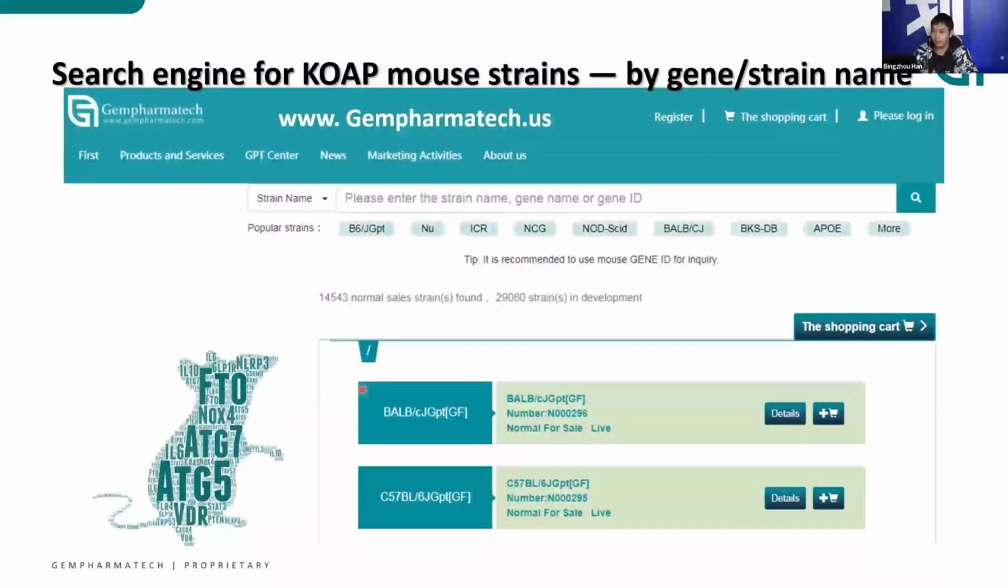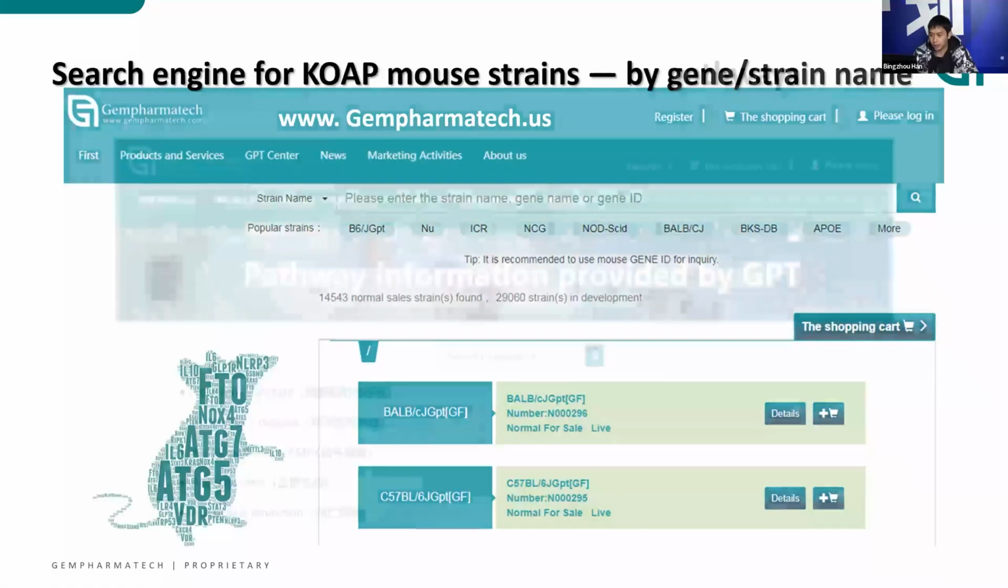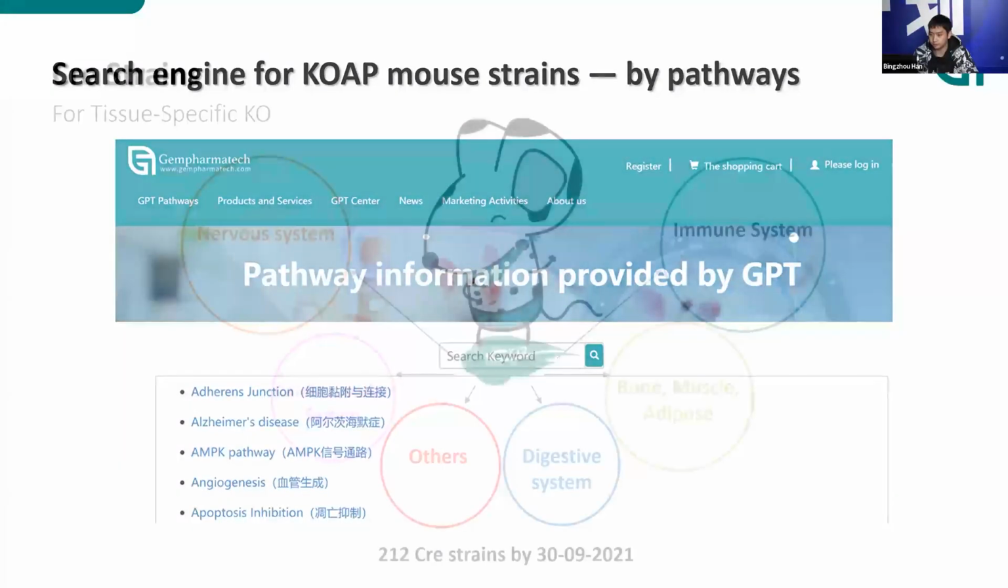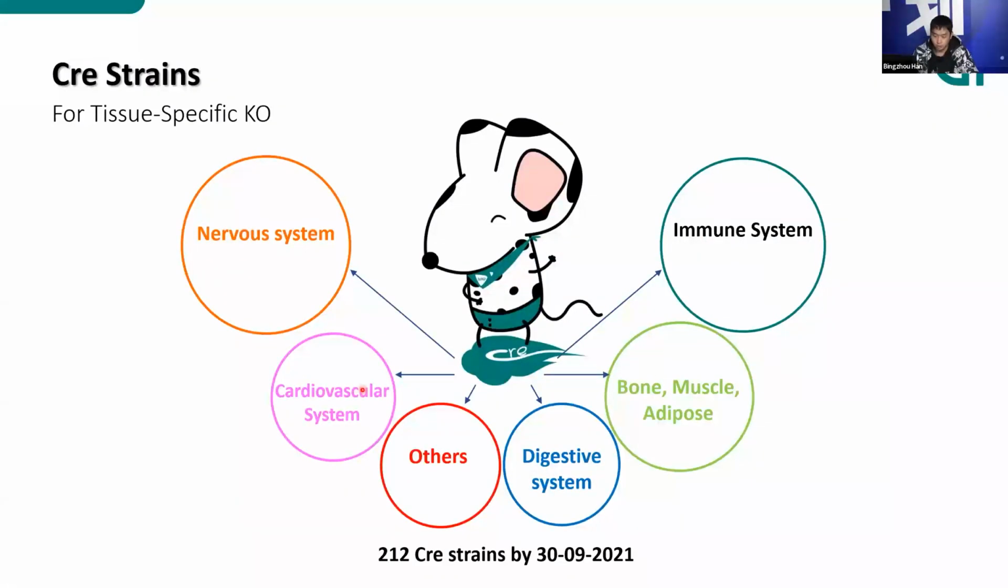And also we have added all this information into our search engine for our Knockout All project strains. We can search by gene name, strain name, by the tissues or organs we are interested in, or by different pathways or diseases we are interested in. And also to use in combination with the flox strains we generated to finally achieve conditional knockouts, we have generated